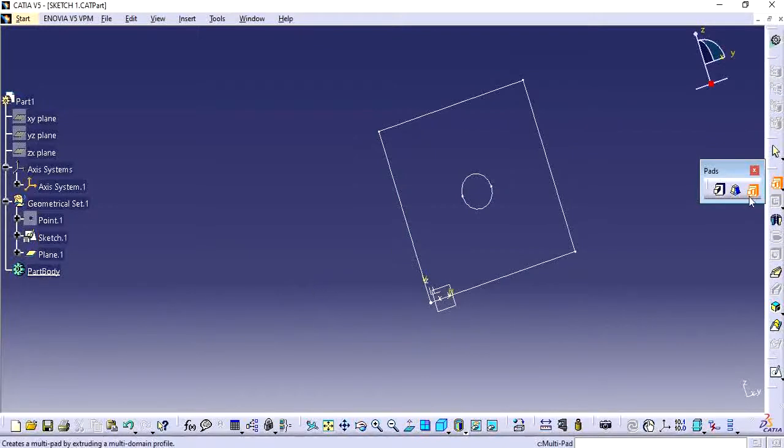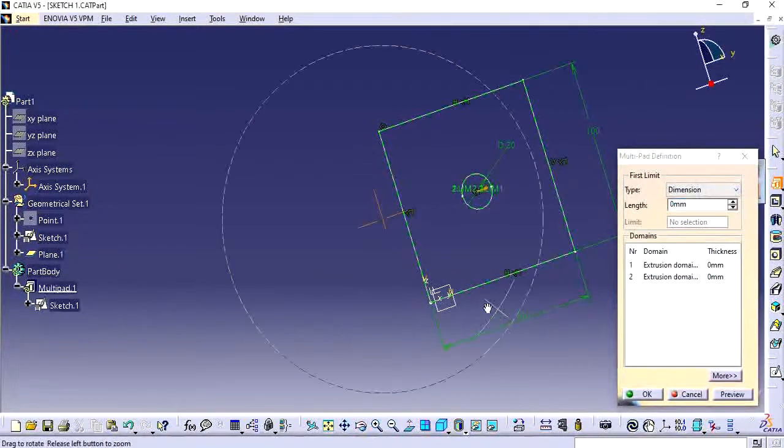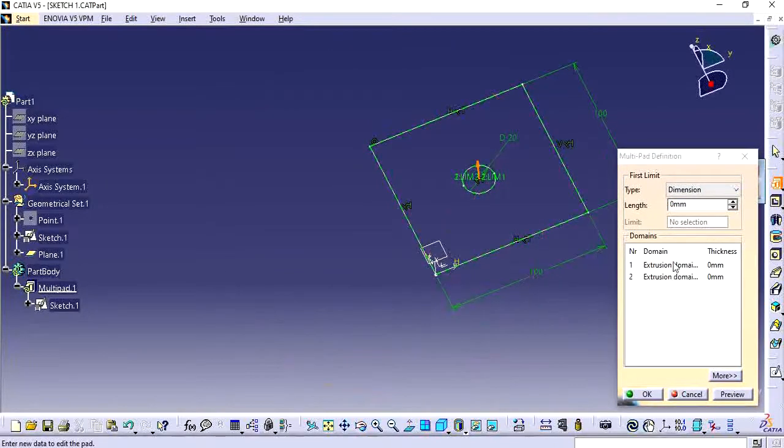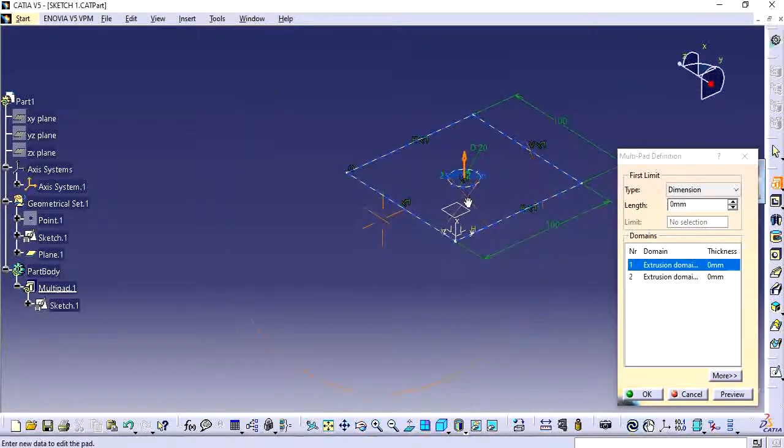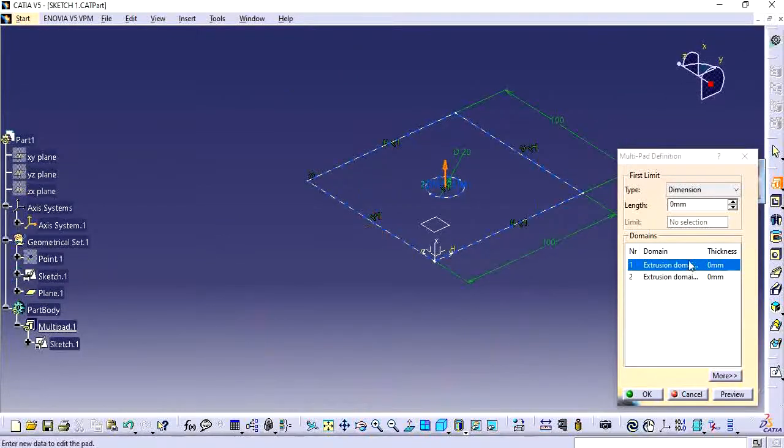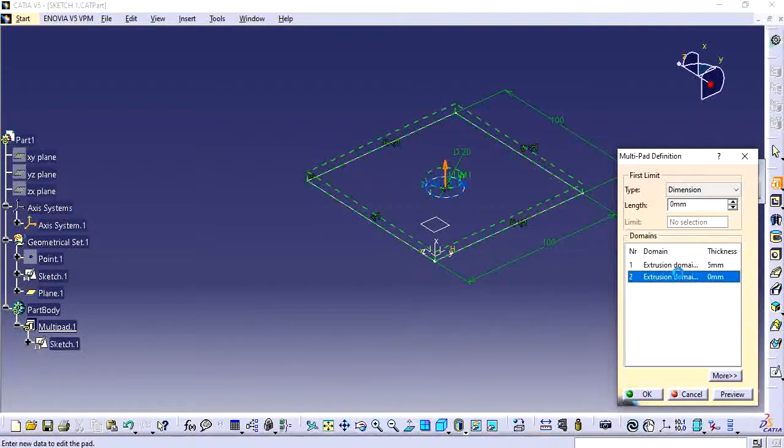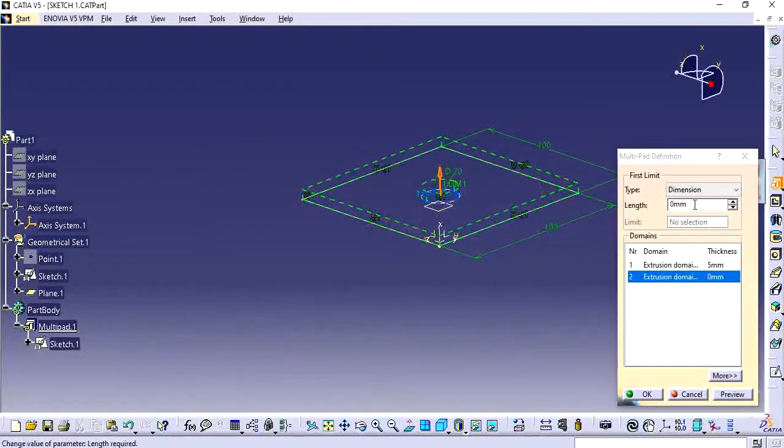So I have selected this multi-pad, then giving this sketch. So here it has identified two different profiles. How much distance we need to give for these two different profiles, here we need to decide. I'm giving 5 mm for the second profile. I am going to give 10 mm.